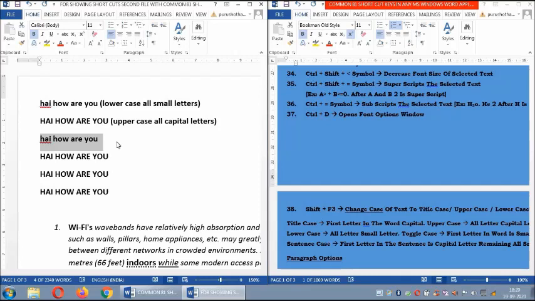Now lowercase, again Shift F3. Now this is what? Title case: each word's first letter is capital. Every time I use Shift F3, only these 3 cases are moving: uppercase, lowercase and title case.